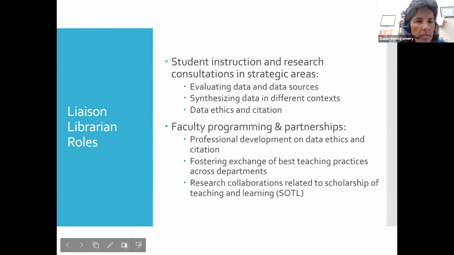So where do librarians fit in this whole gamut of data literacy? We see the role of librarians in data literacy as overlapping with our role in information literacy. As you can see on the slide, some of the things that we do with students in finding information also apply in data literacy: evaluating data and their sources, synthesizing the data in their work, and citing data effectively in their work. These overlap with the expertise that we have with information literacy quite nicely.